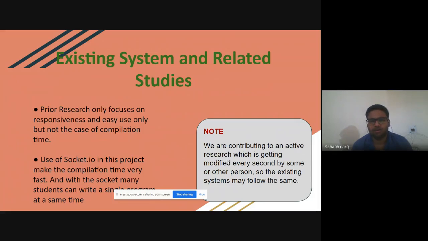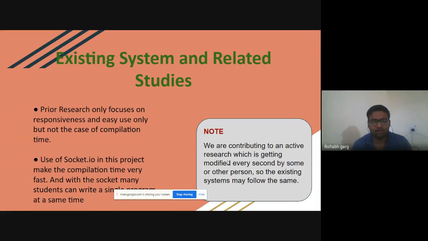Now, what is the related system and related studies? All these studies are going on in many IDEs, like the IDE of GeeksforGeeks is also trying to do this. So we did prior research on every IDE that is present now.